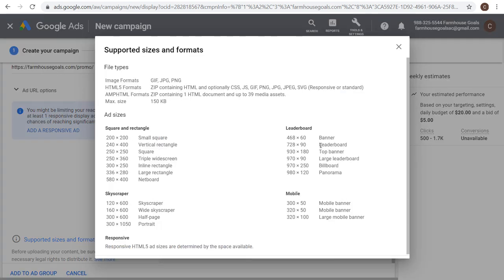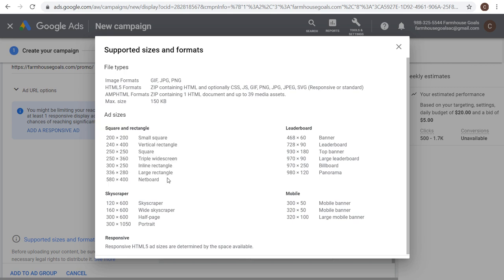I would recommend creating as many of these as possible for your display ads, but what I found, especially with a lot of my recent campaigns, is that my responsive display ad tends to show the most often. It tends to perform the best. So if you have a responsive display ad, you don't need to upload these types of display ads, but there's really no downside to creating more advertisements because again, it's just going to keep testing and optimizing your ads. So the more that you upload, really the better your campaign will perform,